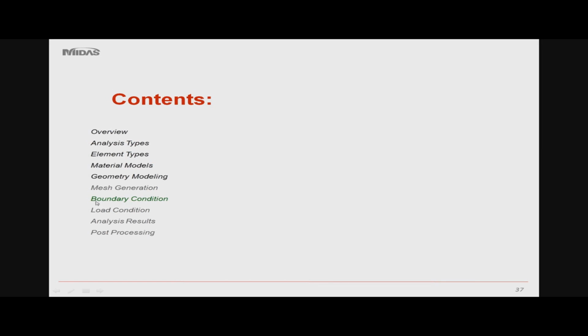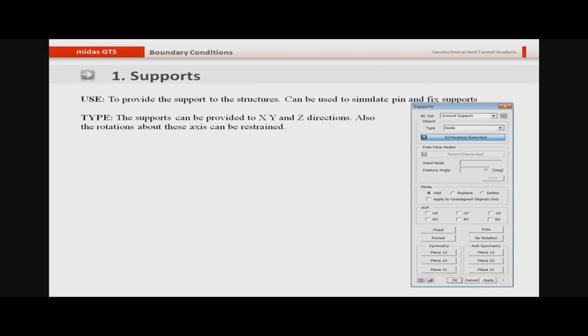Let me talk about the different types of boundaries that we can define in Midas GTS. In Midas GTS we can define the supports to the structure. You can assign the restraint in the X, Y or the Z direction, as you can see here, or you can also assign the constraint to the rotations along the X, Y or the Z direction.